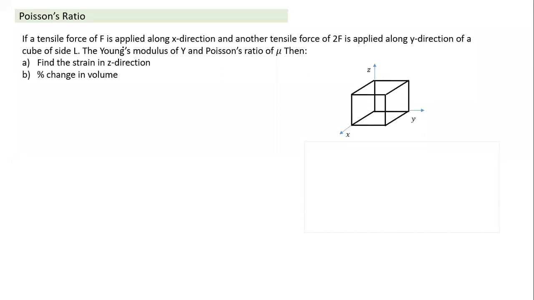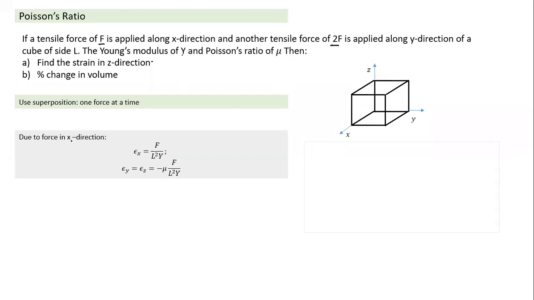So for this force applied in X direction, force is F, and tensile force is trying to elongate. Then we also apply a force along Y direction. So two direction forces are applied. If we have to calculate strain in a particular direction, when Y is given and Poisson's ratio is given, and percentage change in volume has to be calculated. Whenever you have to do a question like this, we can use principle of superposition. We can take effect of one force at a time. If it is one force at a time, it becomes very easy, similar to previous question.